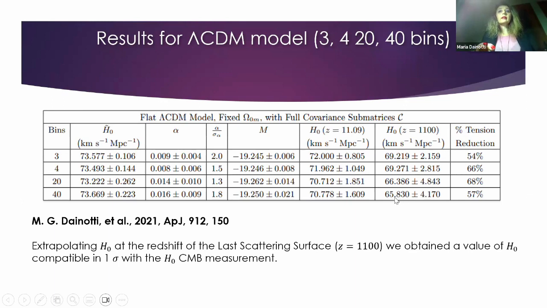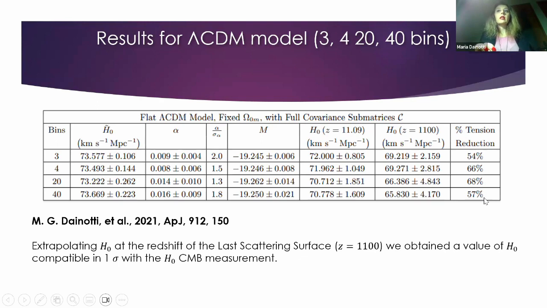Here the units of the Hubble constant are kilometers per second per megaparsec. And here you can see that although the error bars are large, this trend continues to decrease very slowly, and it actually reached the value of the Planck result at 67.5. Therefore, we could say that if the evolution exists at all redshifts in the same way, then we could practically reduce the tension. And on the right-hand side, we can see the table with the tension reduction